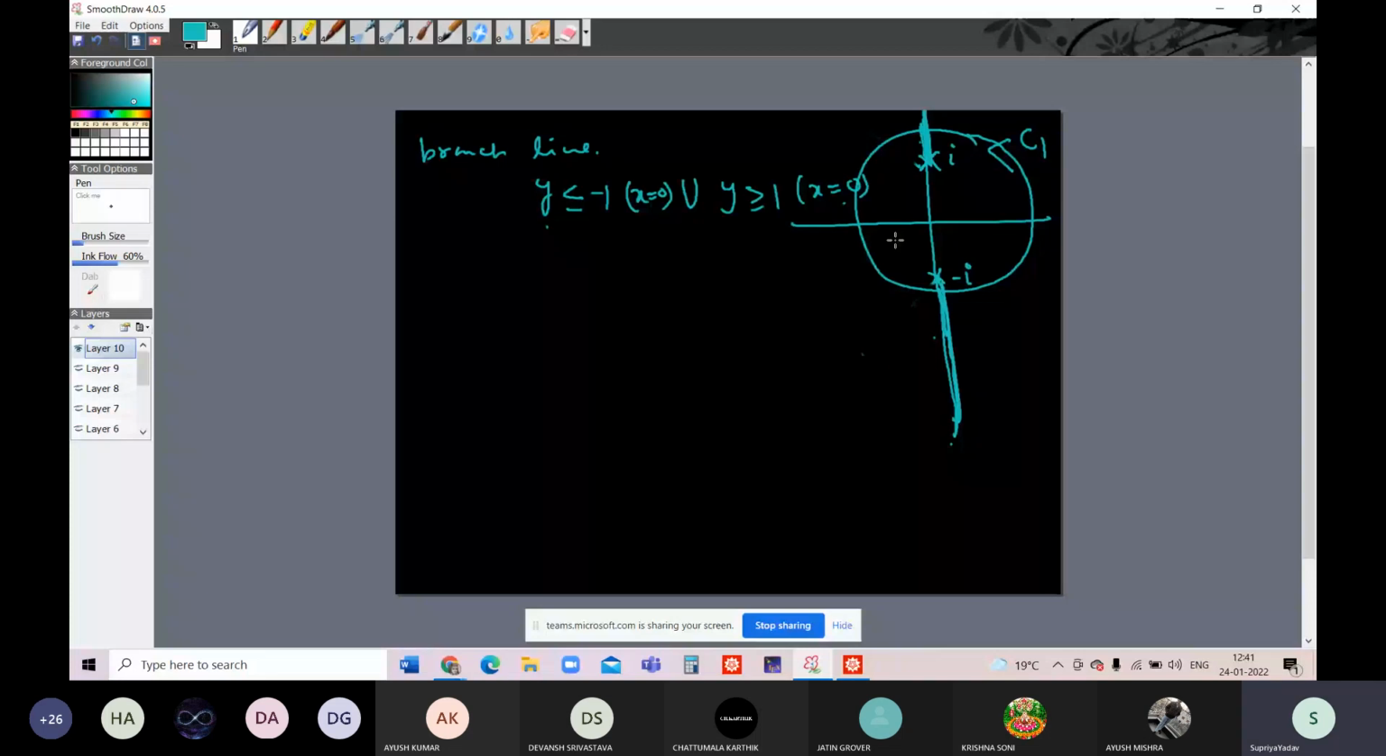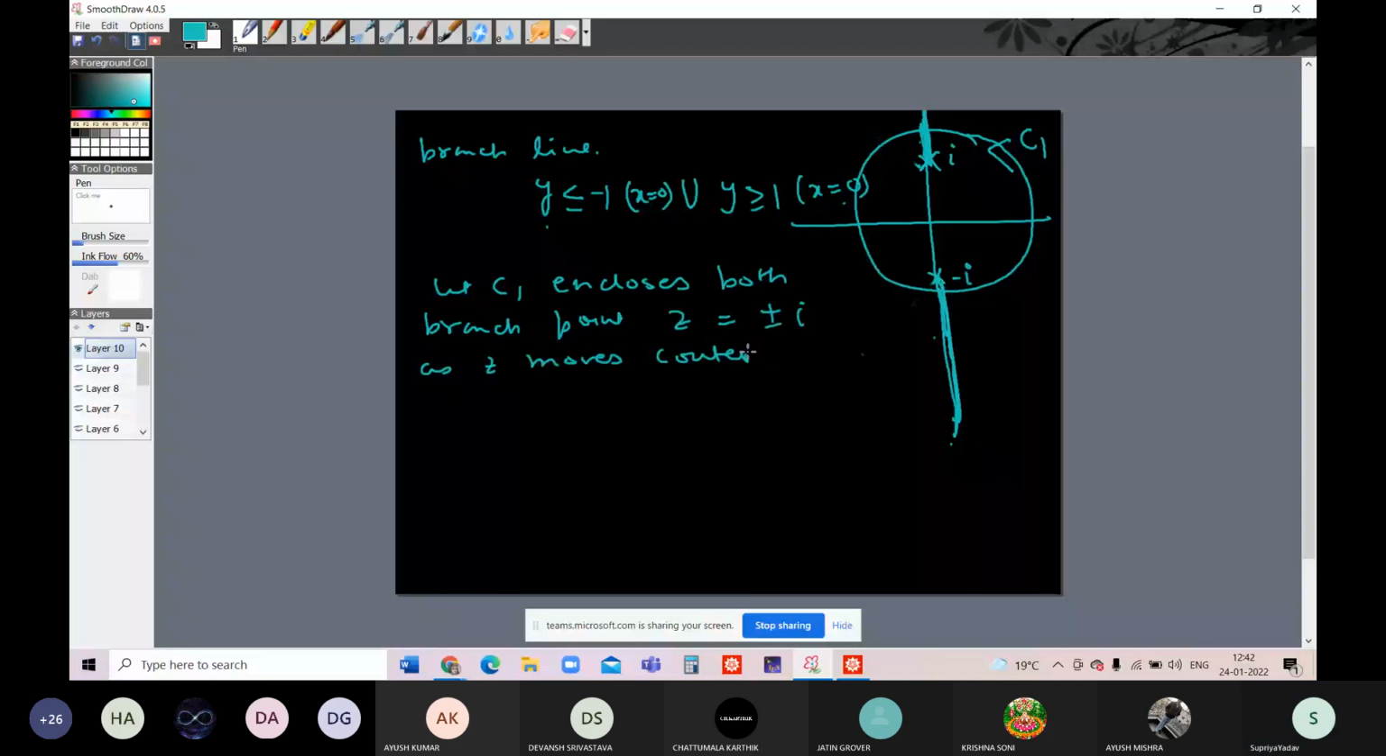Okay, so let C1 enclose both branch points, z is equal to plus minus i. As z moves counterclockwise around C1, then